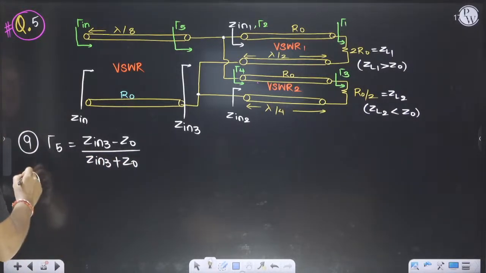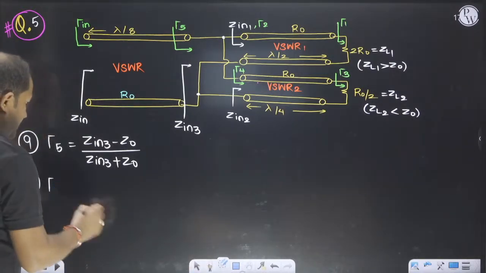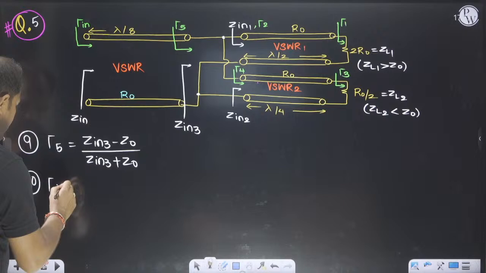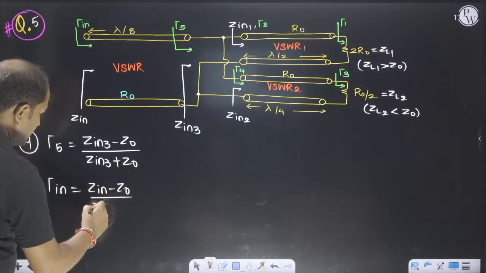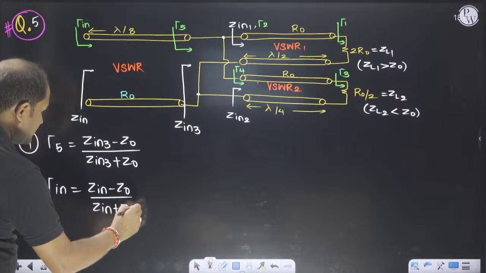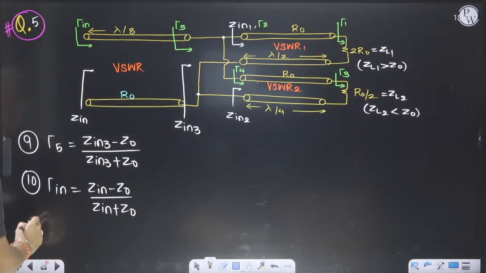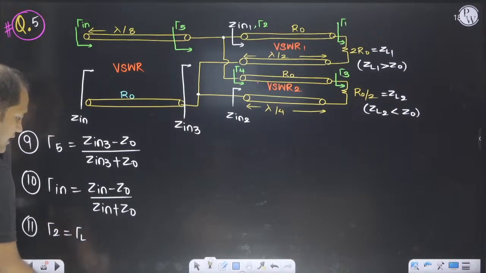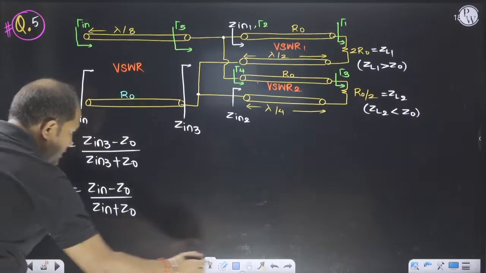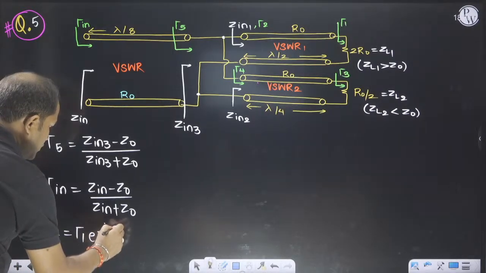Next, then we have gamma n. Gamma n is (Z in minus Z naught) upon (Z in plus Z naught). Then we have reflection coefficient gamma 1. Gamma 2 in terms of gamma 1 is gamma 1 e to the power minus j 2 beta